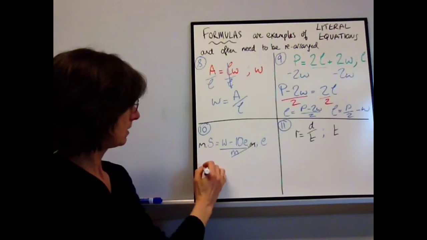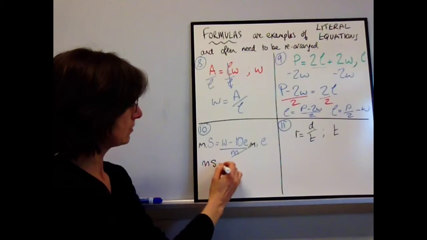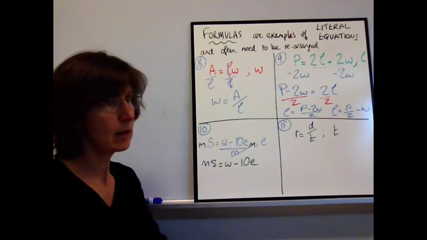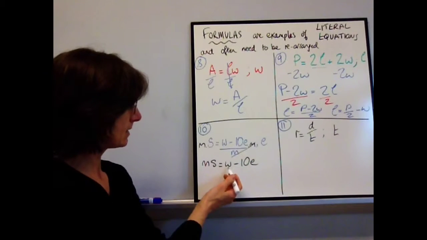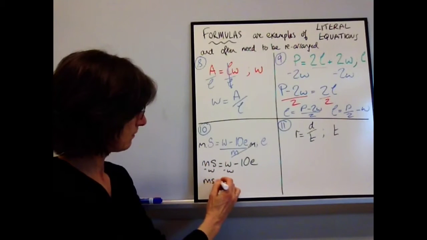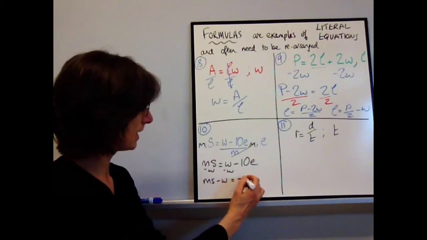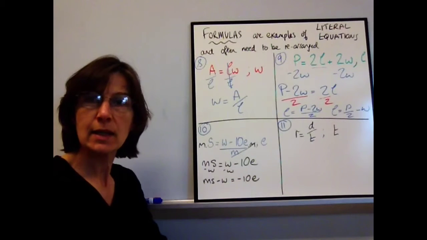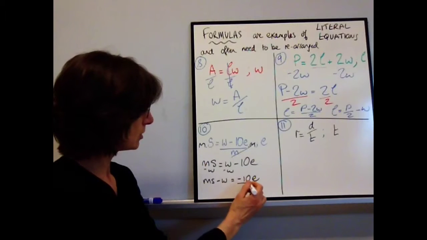So ms is equal to w minus 10e. We're closer there. Let's subtract out the w. So ms minus w equals negative 10e. So now we need to divide out by the negative 10, don't we? So when we do that,